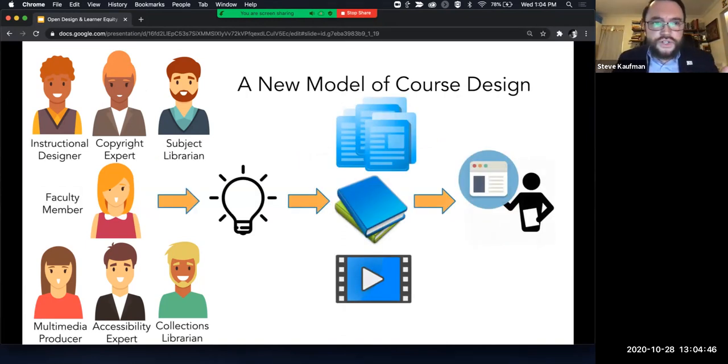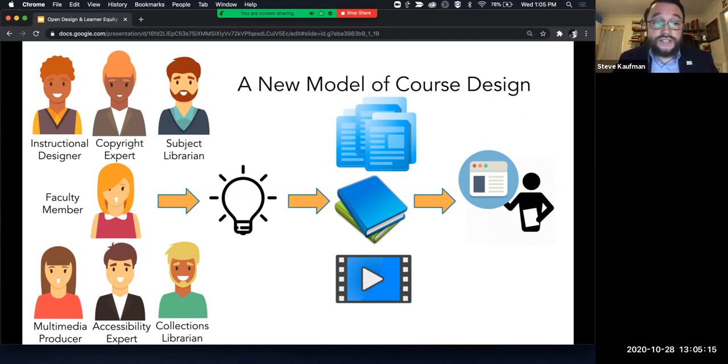It might be an instructional designer. You might have someone on campus that is really knowledgeable about copyright. That might be a faculty member. Maybe there's a stipend we can give them to ask them copyright questions. I've got 6 subject matter librarians on my campus, one is assigned to each college, and they're constantly curating content and providing that out to the faculty members just so they're aware that new stuff exists in our catalog. We have a multimedia producer in our department that handles capturing of lectures, how to do high-end production, those kind of things.